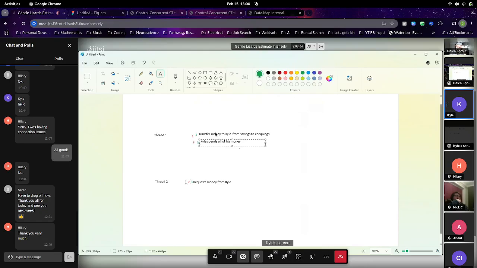Right? Because thread 2 interacted with the memory that was inside of the checkings TVAR, or well, it wouldn't be a TVAR in this case, the checking account cache value. It's going to say, hey, he's got the money, I'm going to request that. Whereas what we would have expected is a failure here. We want to have a failure here because he doesn't have his money, right?